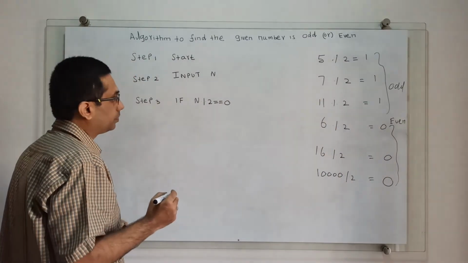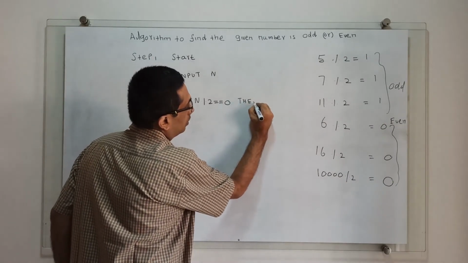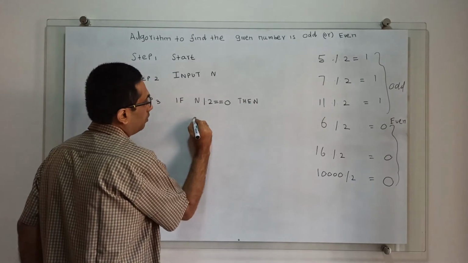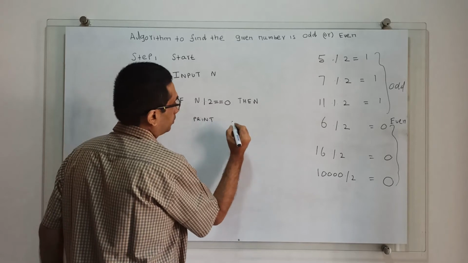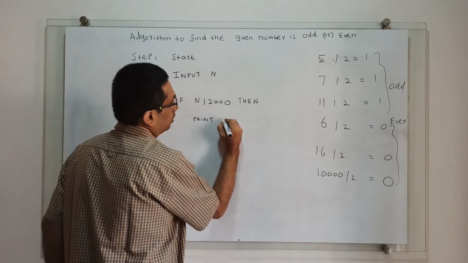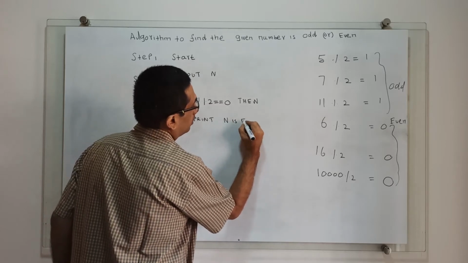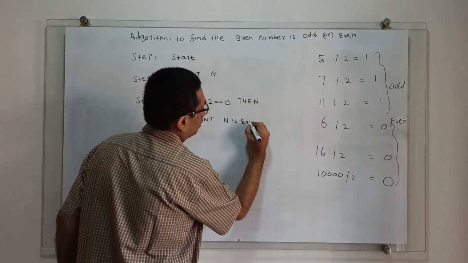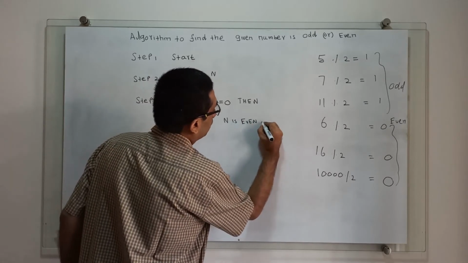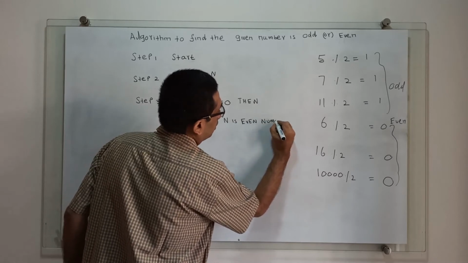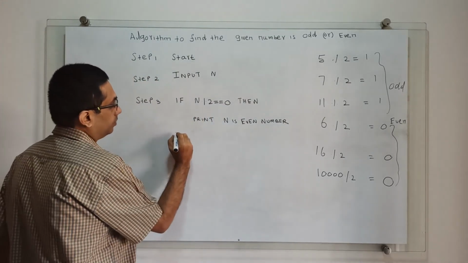So we have to print "n is even number". Else,